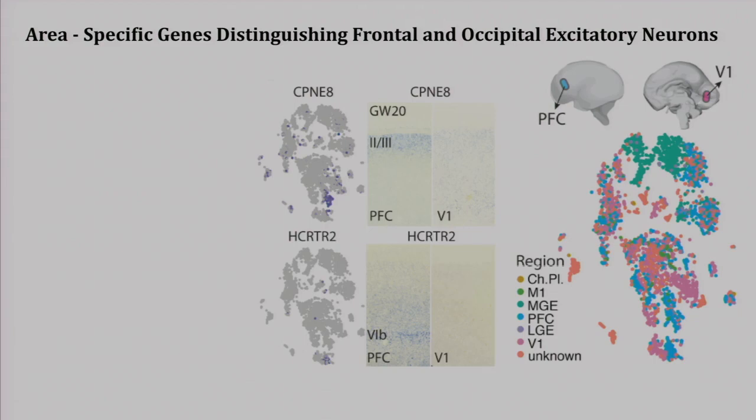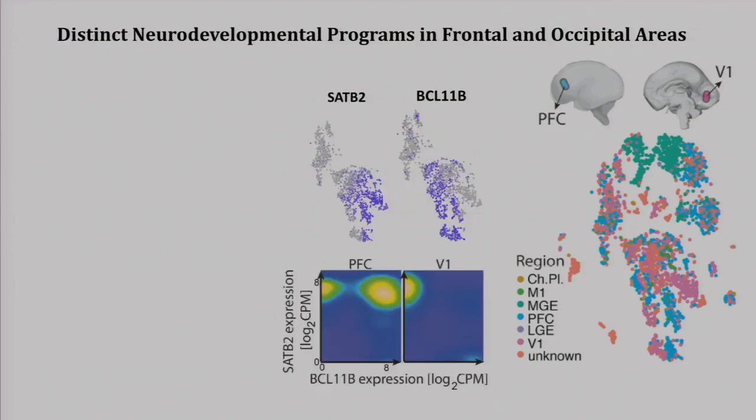We also wanted to take a step further and start asking the question: does it really matter that these cells develop such different or distinct transcriptomic states? Could it have implications, for example, for cortical connectivity? In the developing nervous system, it is quite difficult to study connectivity and its correlates from transcriptomic states. But nonetheless, studies in mouse have identified several interesting candidates, including these two genes, SATB2, which is a marker of intratelencephalic or callosal projection neurons, and BCL11B, which is a marker of pyramidal tract neurons.